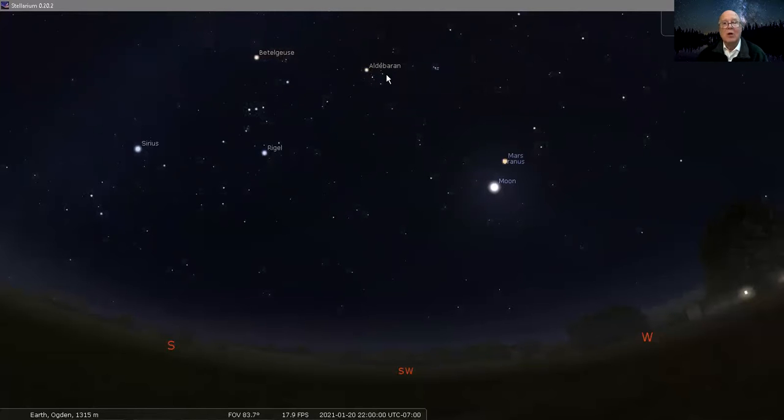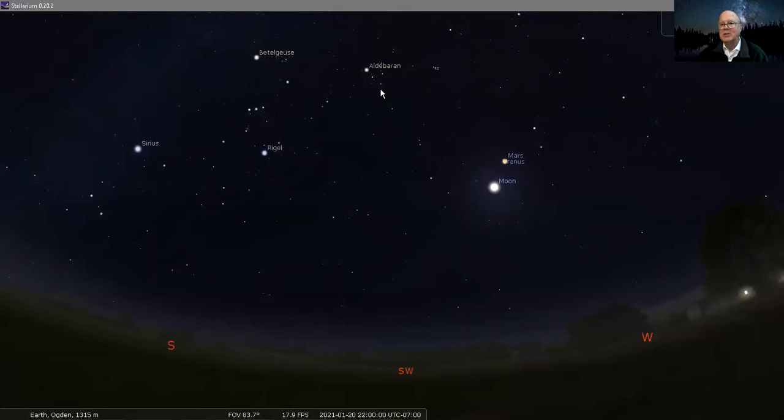And that's one of the star clusters you have to know for your constellation quiz at the end of the semester. The other star cluster you have to know is this very close grouping of stars called the Pleiades, the seven sisters. And so if you just look at the moon, you go to the right and up a bit, you'll see Mars. If you go to the left a bit and up, you'll see the Pleiades. And to the left of that, you'll see Aldebaran and the Hyades star cluster.